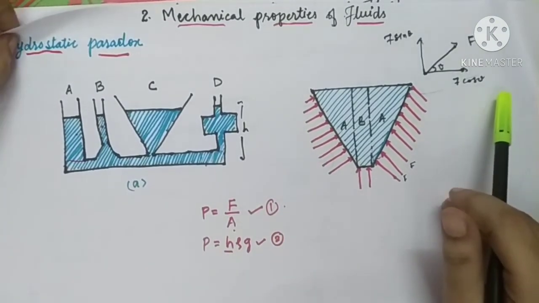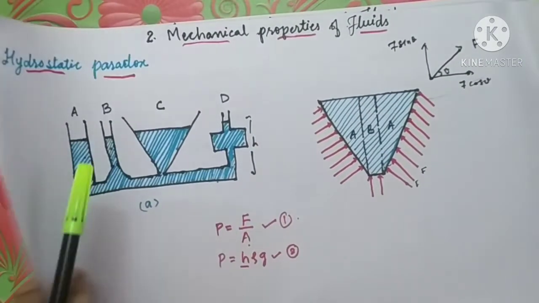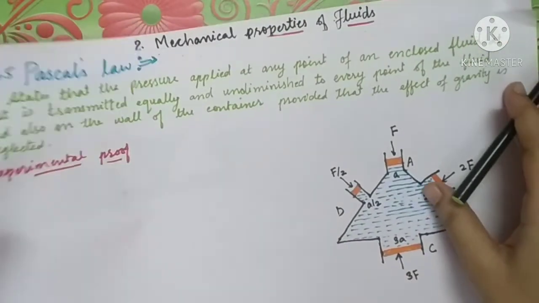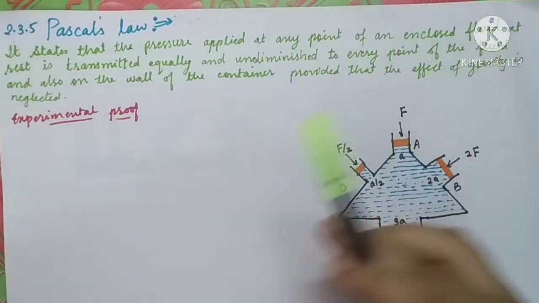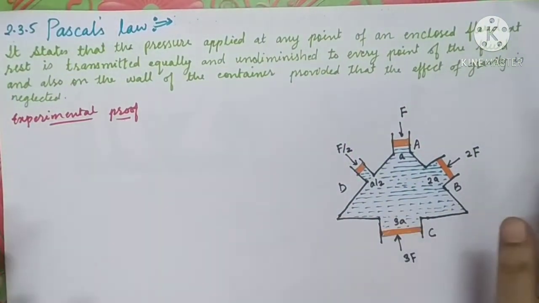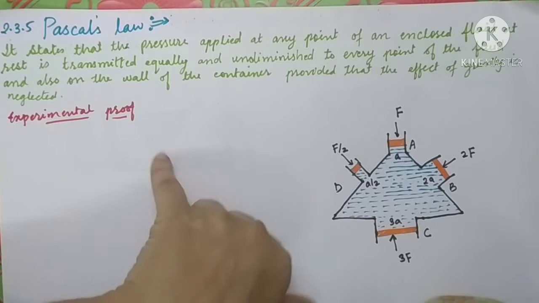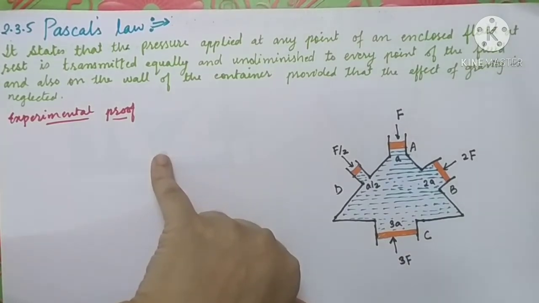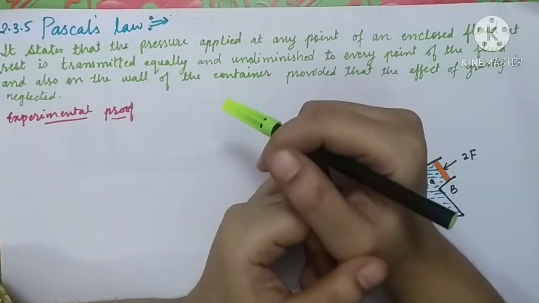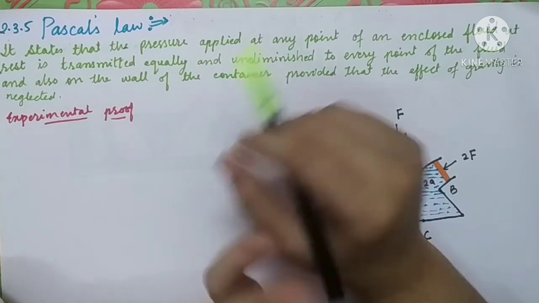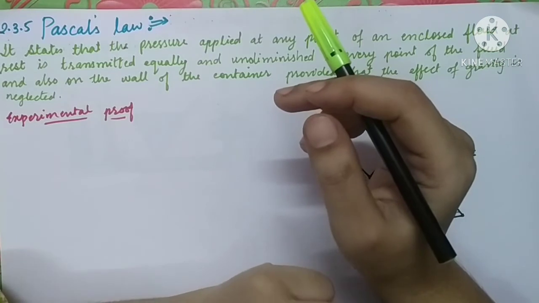Now let us move further into our topic. The next topic is Pascal's law, which is also very simple to understand. Suppose you have taken one toothpaste tube and it has more than one opening, of different sizes. When you apply pressure to the base of the toothpaste, you will see that the liquid will flow out from all the openings. What does it mean?